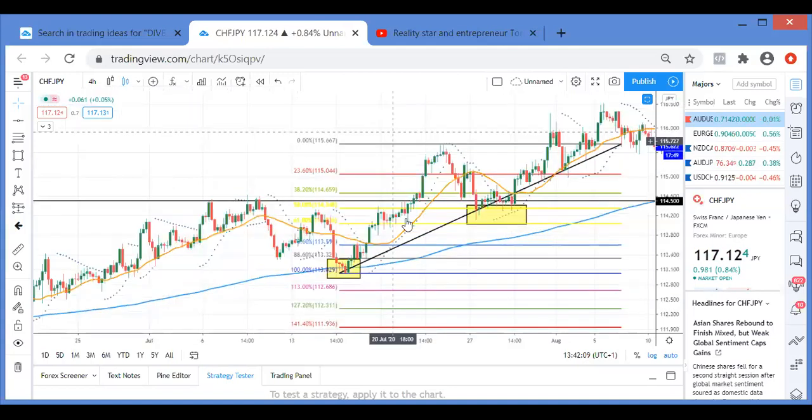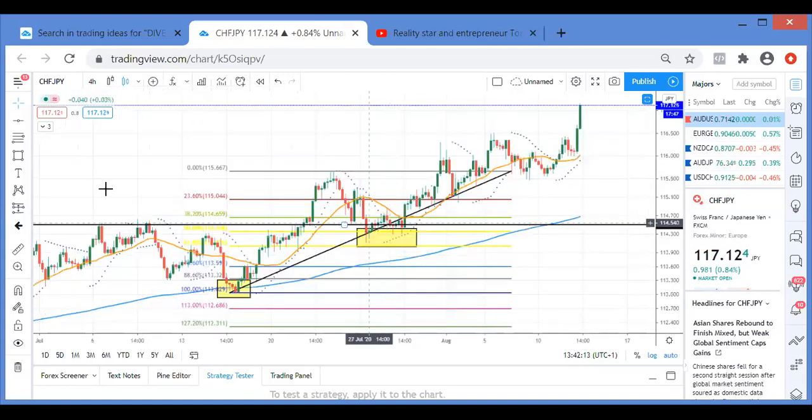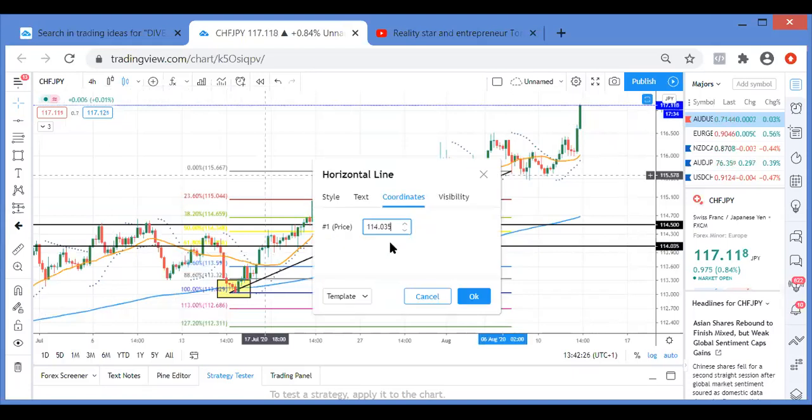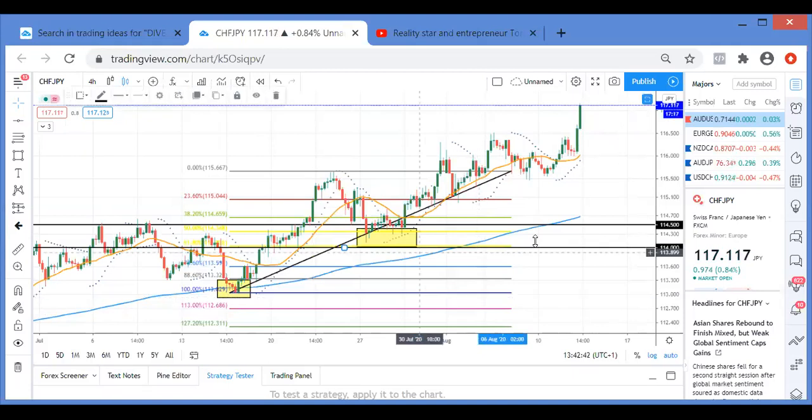So look, for instance, this quarter point. Now, just in case, let me test this 61 level here, 61.8. So if I put it here, okay, this 114, what is the nearest quarter point? You tell me. The nearest, 00. Yes, bad boy. 11400, and I put it there. So look, this 00.